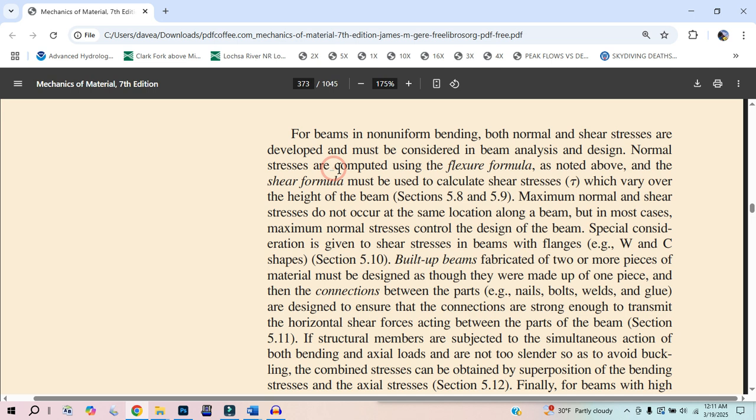I think that gets confusing because it's different than pressure in water, whereas normal stresses, which are both compressive and tensile, negative and positive, can be synonymous with